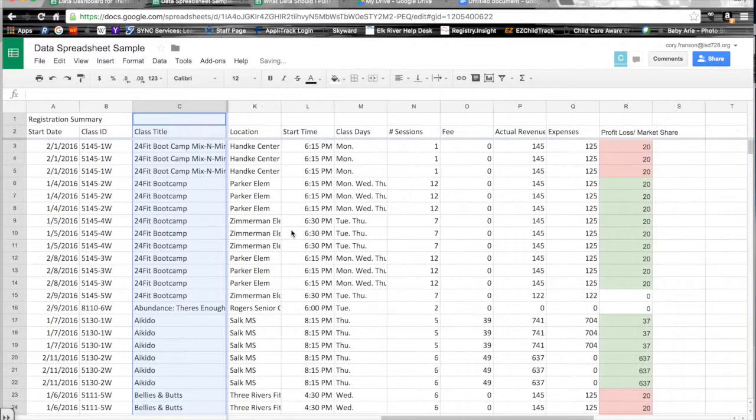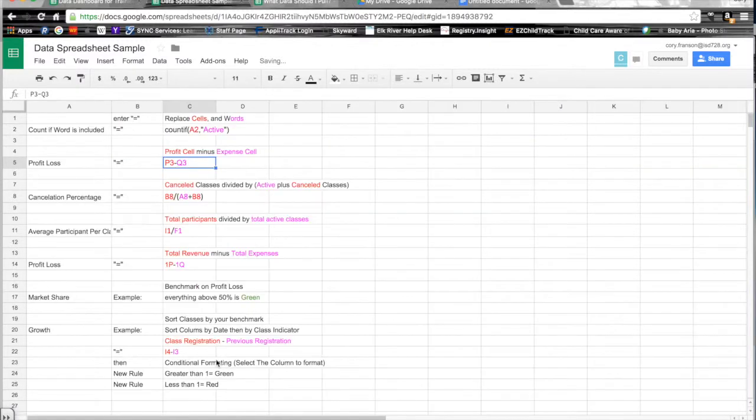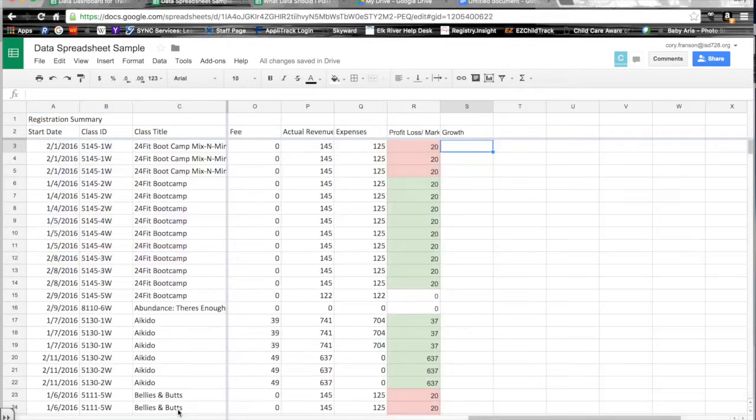Then what we do is we go down here to the column next to the market share, and we call this one growth. The formula that I showed you here is to take the growth and compare it to the class essentially that's right above it. Some of this is going to have to take a little bit of going in and checking class one by one. But essentially you're taking the class where it currently was at minus the time that it ran right before that. So we're going to go back here to the class analysis, and in this second cell